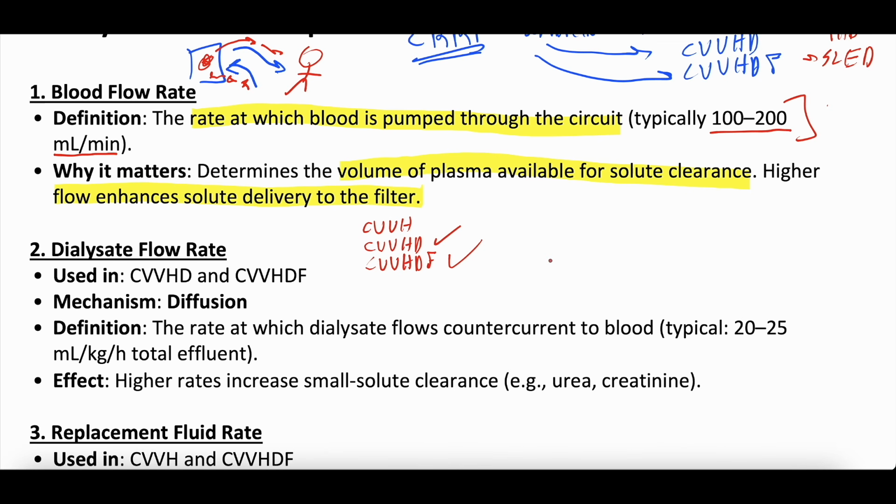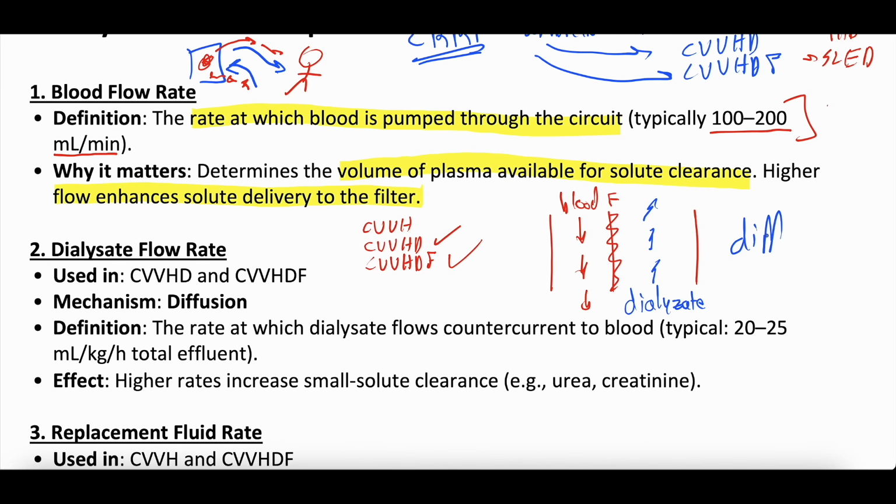Okay, so you essentially have your dialysis machine that has this filter, and blood flows in the dialysis machine past this filter, while at the same time, dialysate flows parallel to, but in the opposite direction of, the blood. And what this does is it helps with that concept of diffusion, which is where those small molecules, that solute, diffuse down the concentration